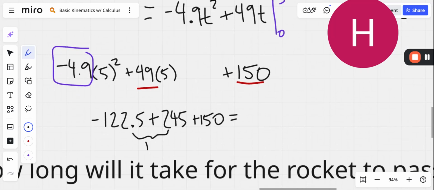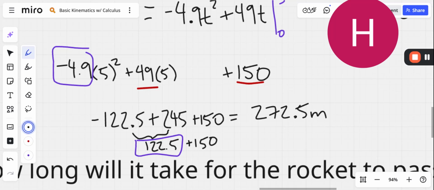This here is 122.5. That's how much higher than the 150 we got. So if you wanted to know how high off the platform it went, that's how high it went from the platform. But its maximum height is however high it went off the platform plus the starting height of the platform. So this would be